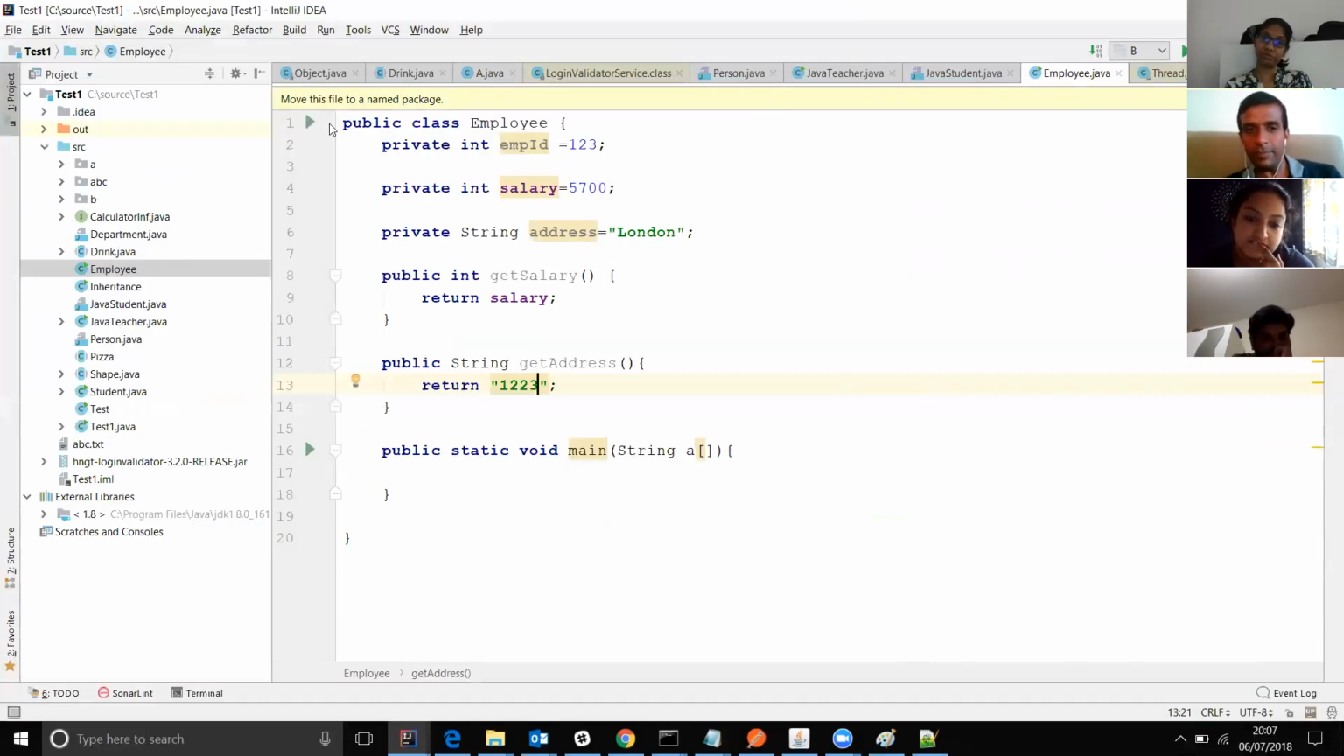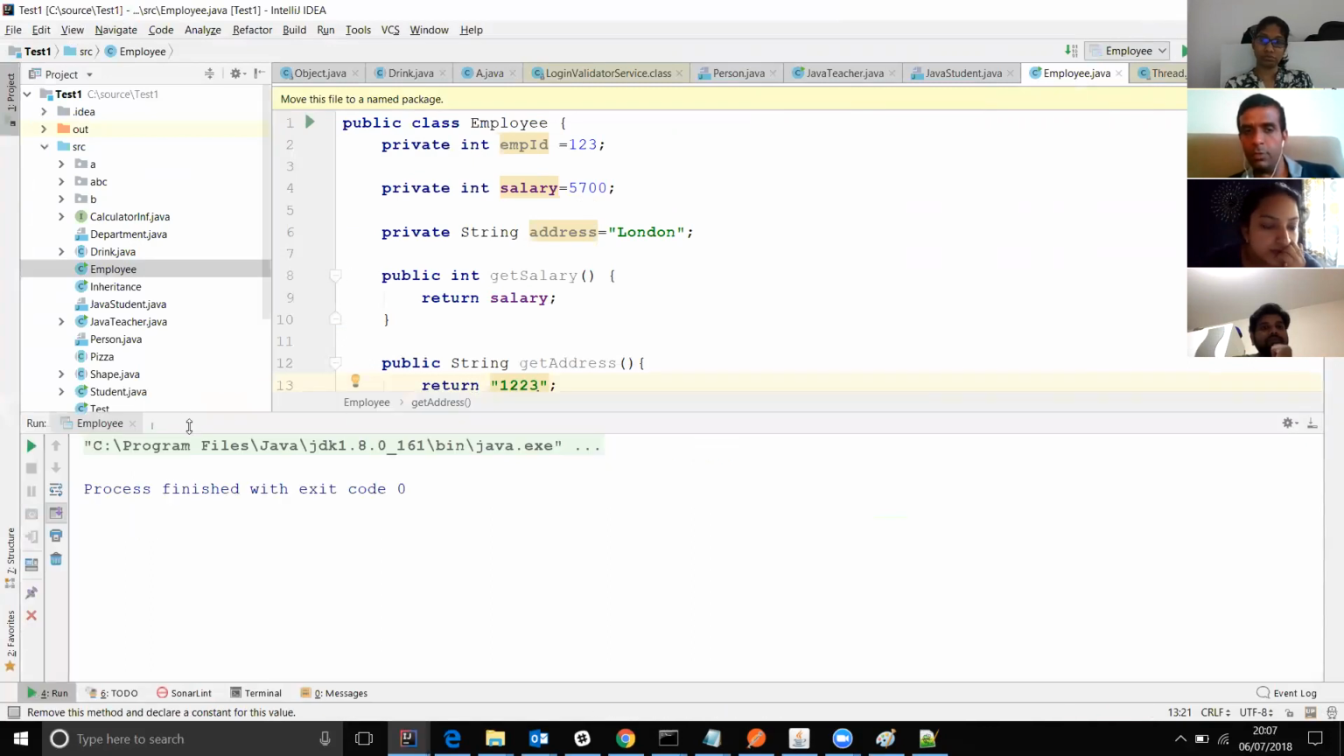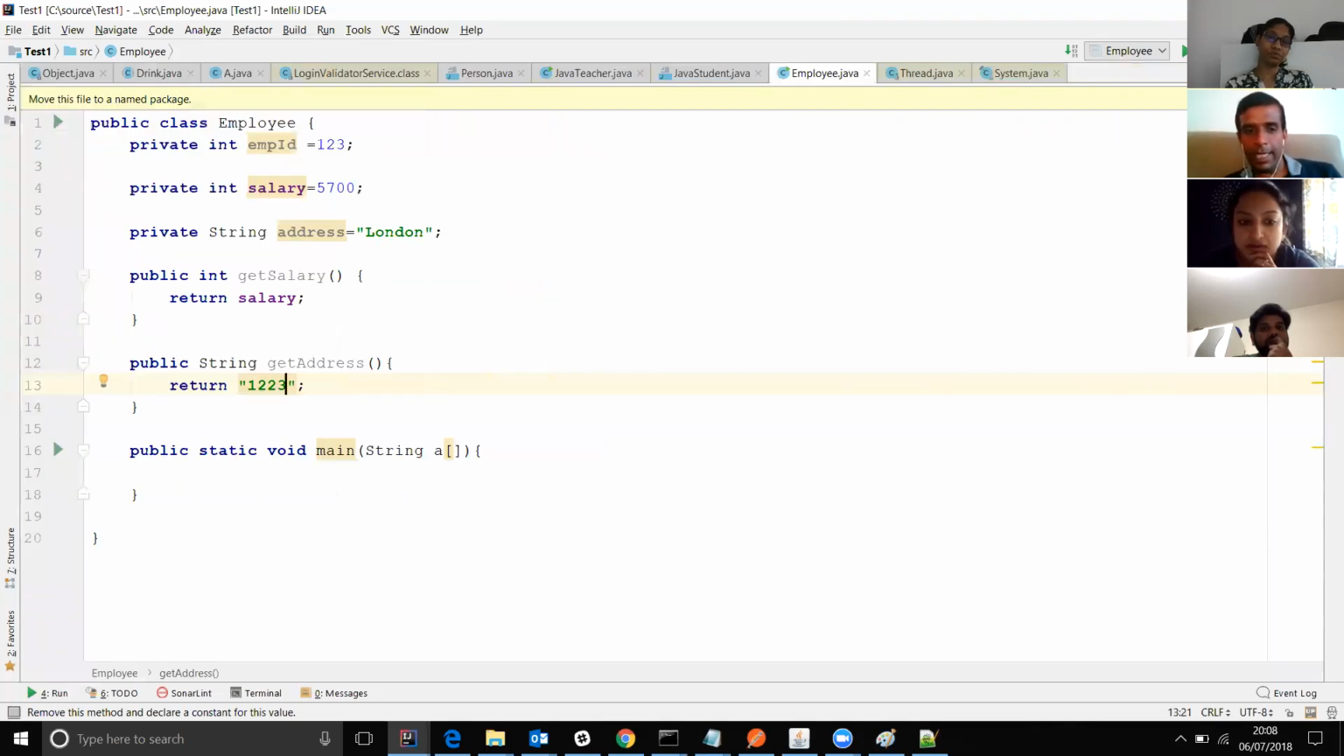If I try to execute this program and say run Employee.main, you do not see any output. It says process finished with exit code 0. There is absolutely no output. But say I want to write something. So my first message is